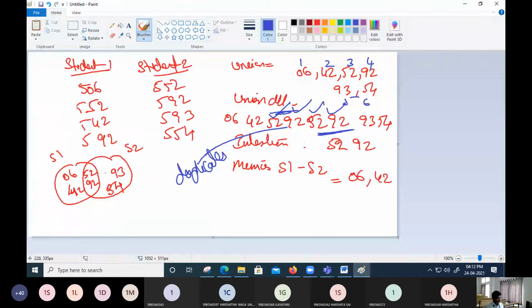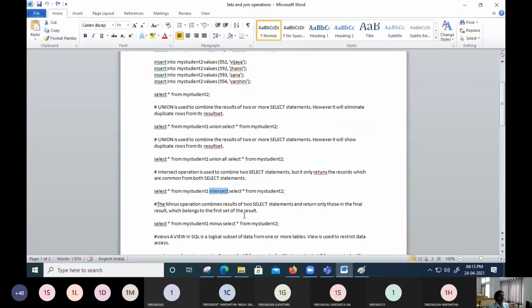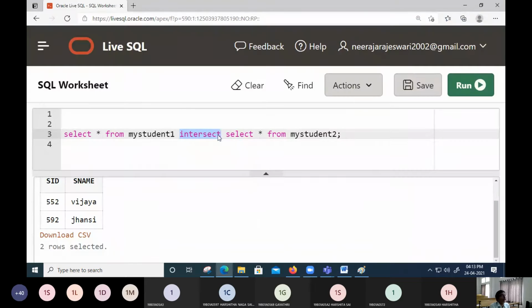Here you can see the content 52 and 92, they are common between two tables. Therefore, we are going to get these options here. You can see the first query, select star from my student, that is query number 1. Select star from my student 2, that is query number 2. In between 1 and 2, we are going to put the intersect operator. So that is the set operation that is going to happen.